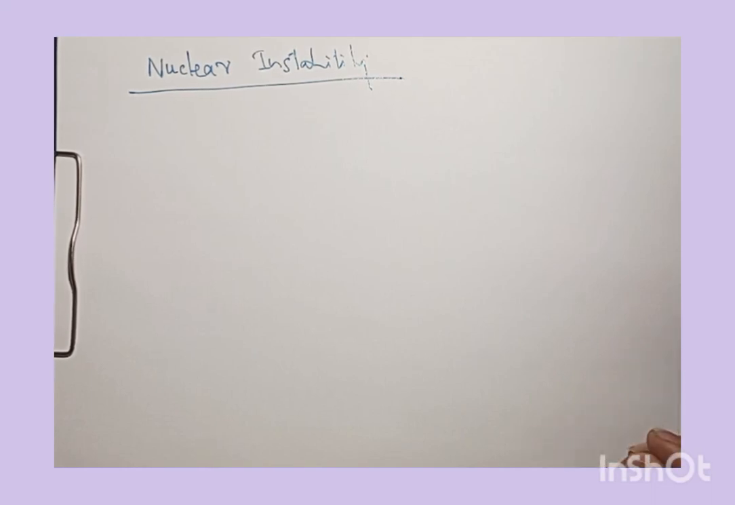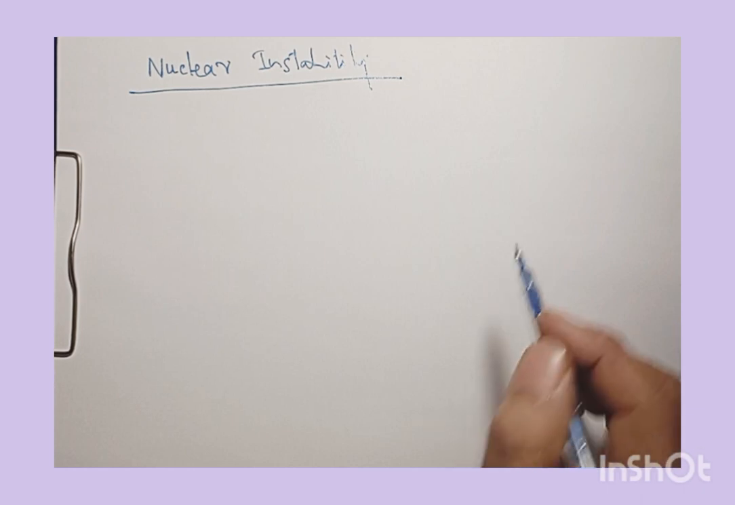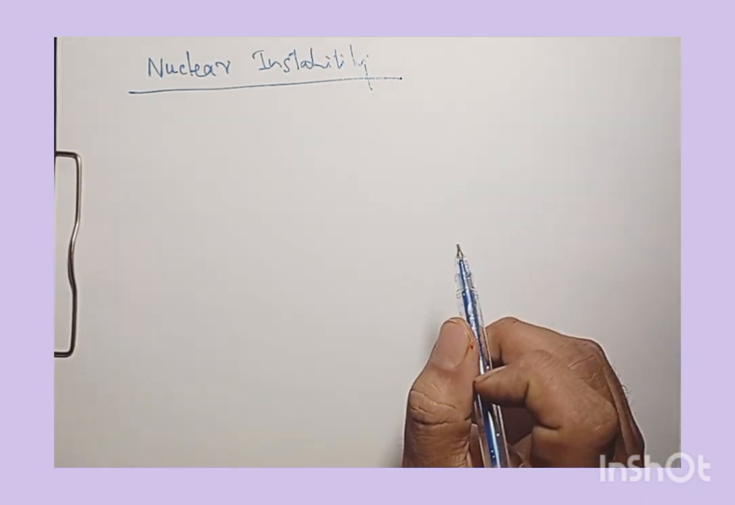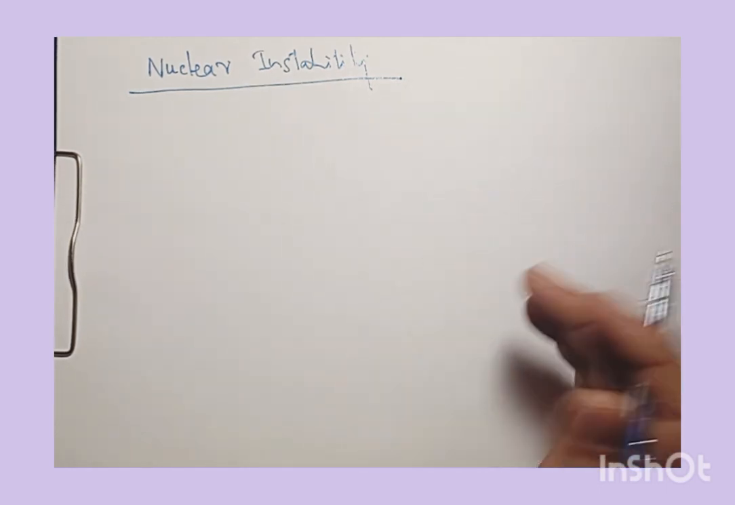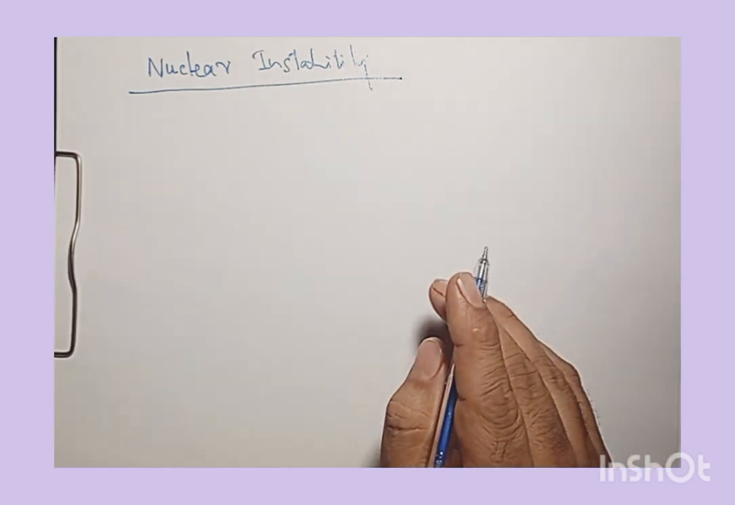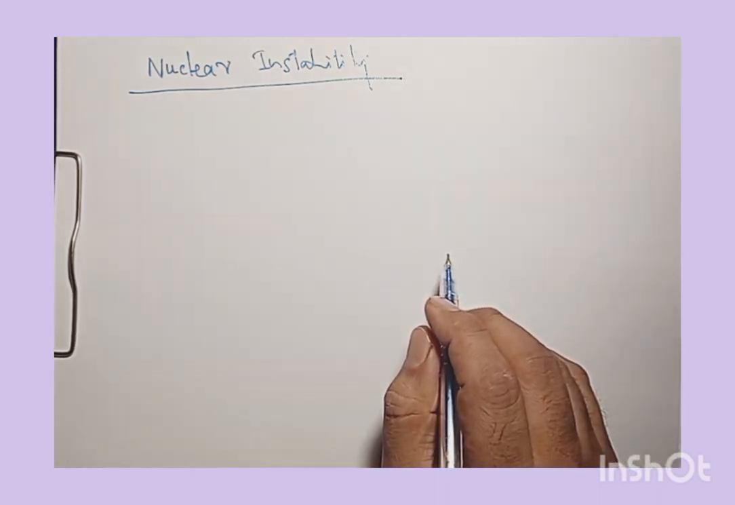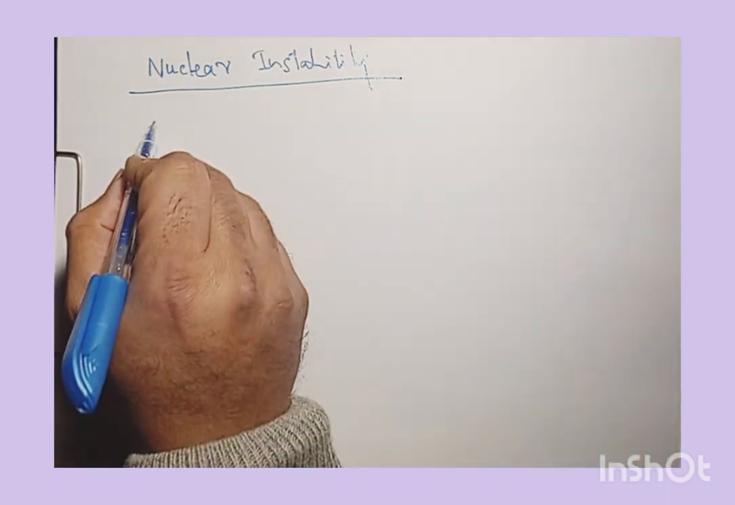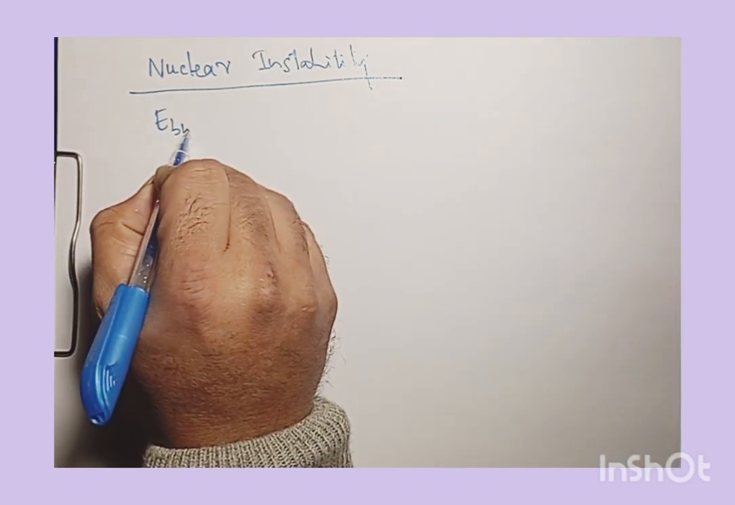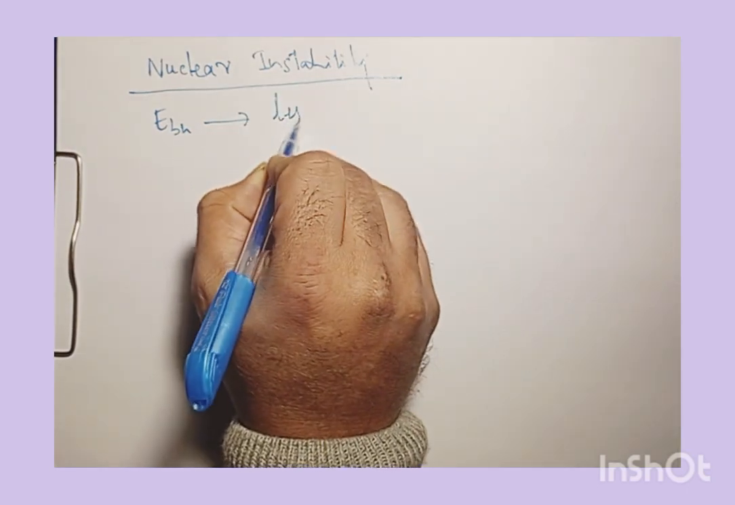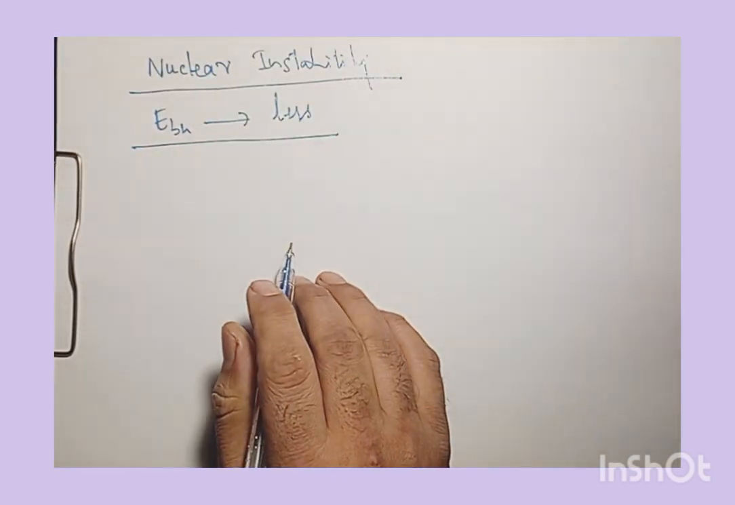If we go back to the binding energy curve, what we observed is that nuclei that have mass number less than 30, and those nuclei which have large mass numbers, they are unstable. Why are they unstable? Because their binding energy per nucleon is less. Now, to account for it,